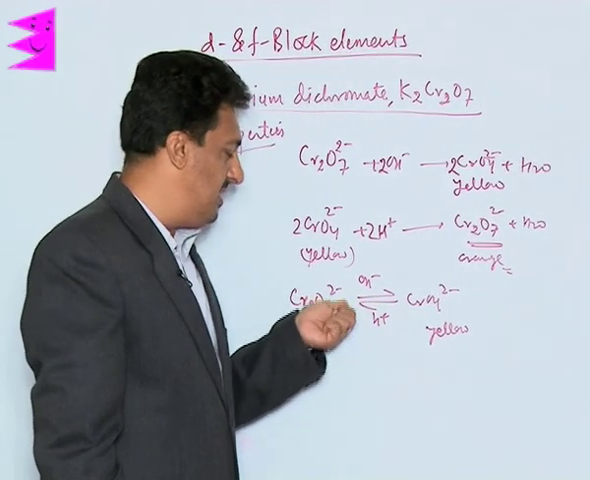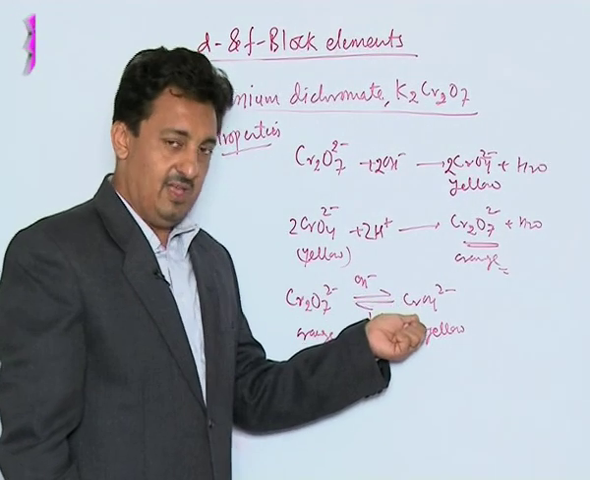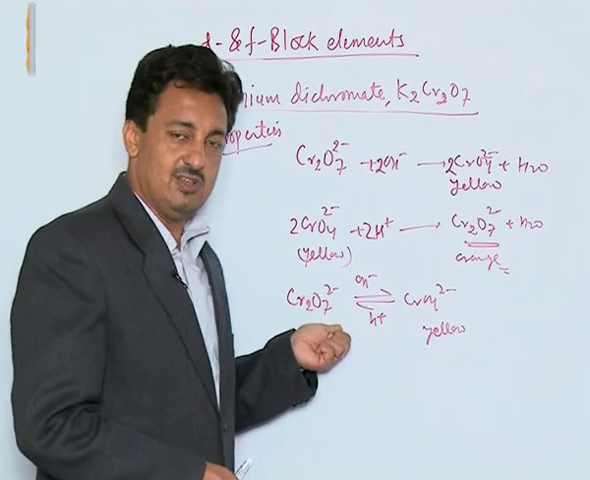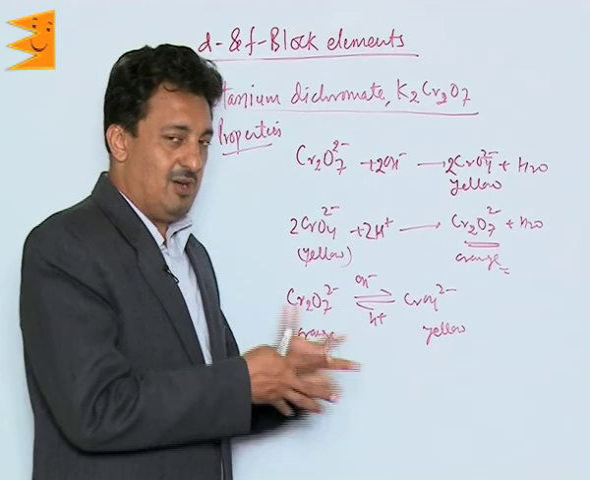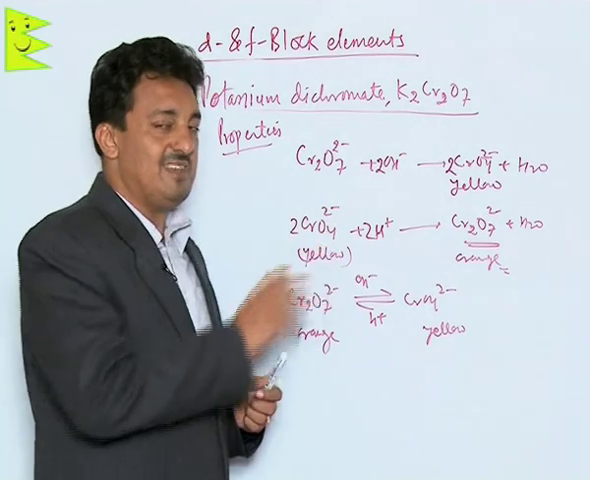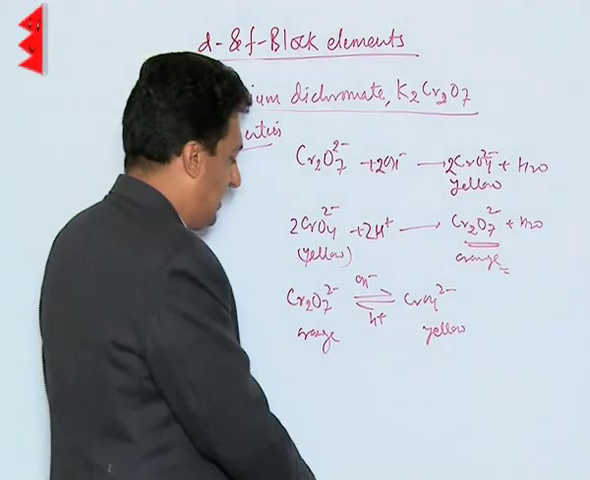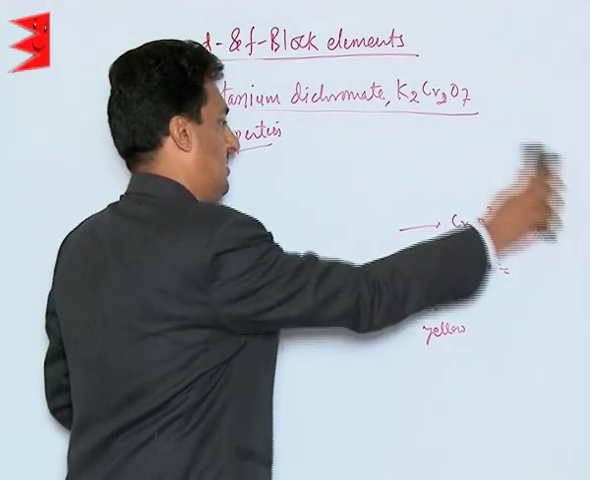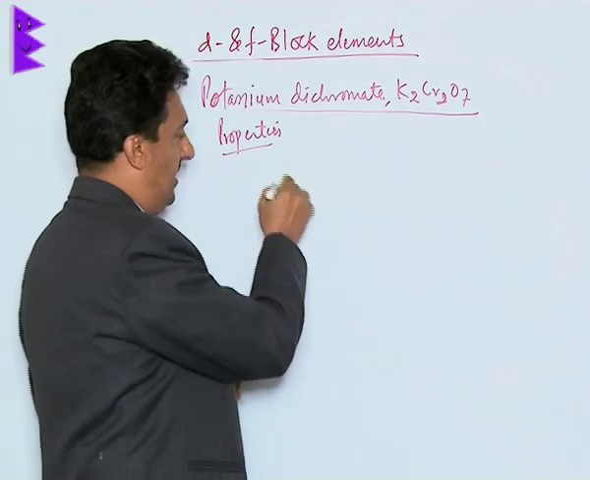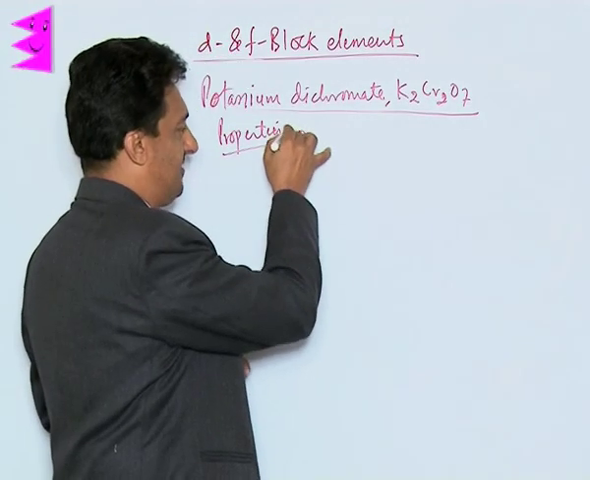The moment we make the medium basic, it changes to yellow colored chromate, and the moment we change the medium back to acidic, it again gets back to the orange colored dichromate ion. So it's mainly because of the pH change. That's why we call this reaction a pH effect. Now this clearly tells us that the chromate and the dichromate can be interconverted, and now let us see the structures of these chromate